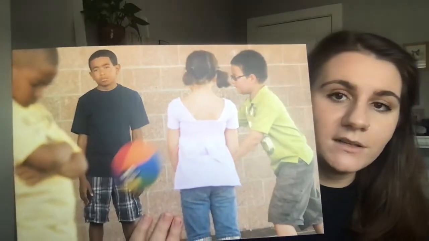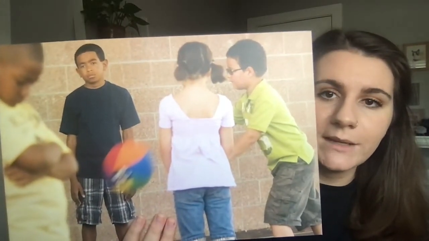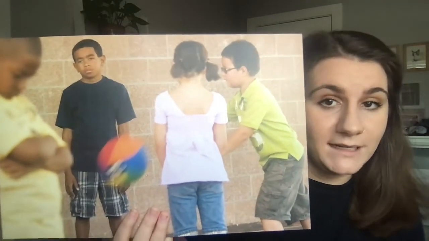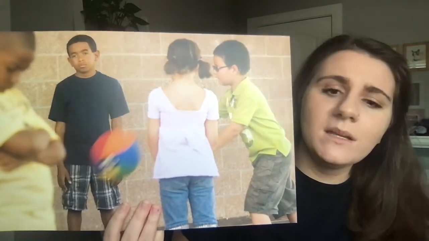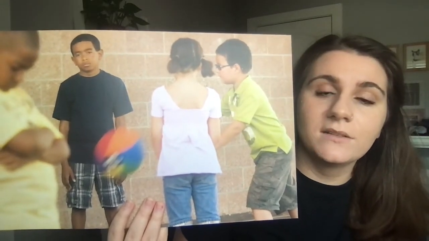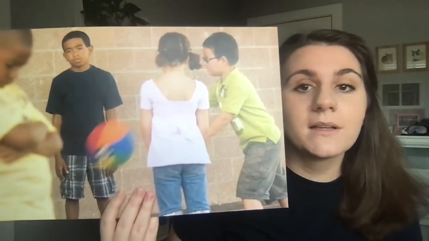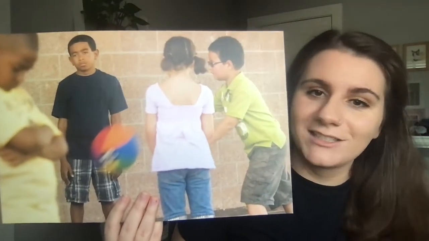You can be assertive and invite the person to join your game, or you can be assertive and talk to the other people about letting that person join in. Inviting people to join in is the kind, respectful, and compassionate thing to do. Remember, compassion is empathy in action. Today, we'll use our problem-solving steps to solve another playground problem.